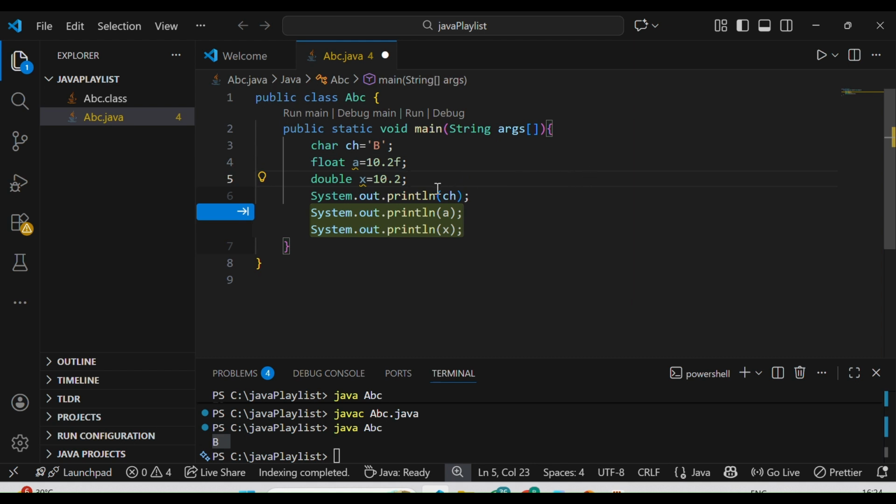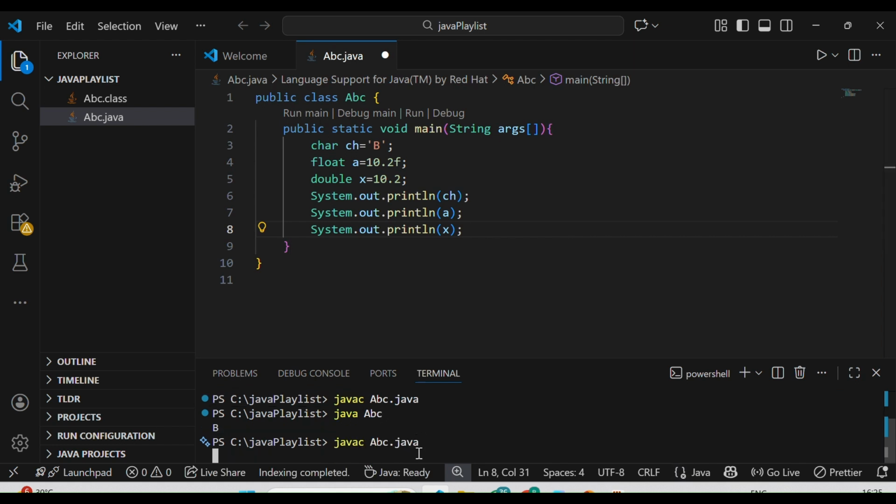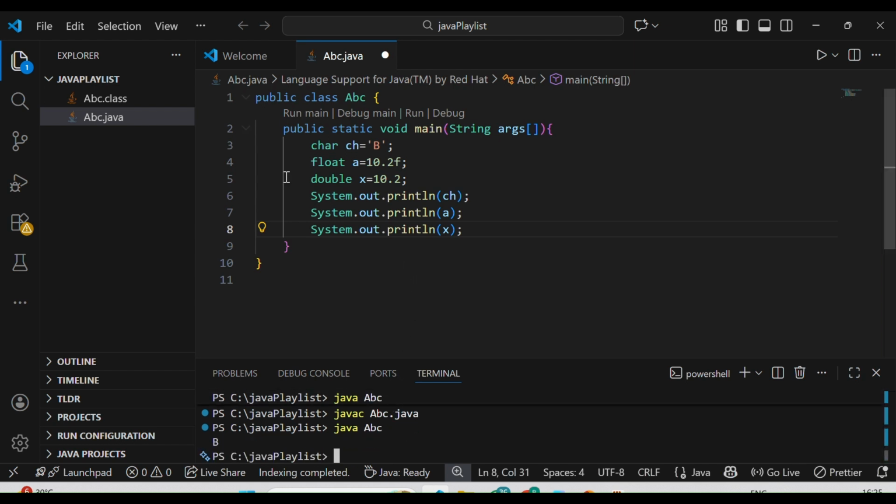Suppose I want to print them also. So let us see how to print them. I write System.out.println(a) and System.out.println(x). So let's see the output. Successfully compiled, to see the output, java abc. So this part is covered, the creation of variables with character, float, double and integer